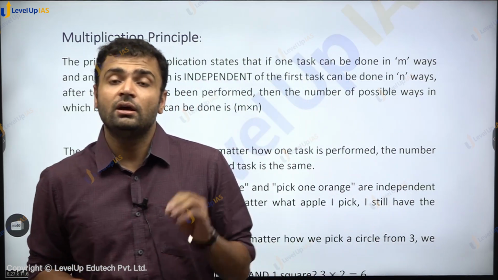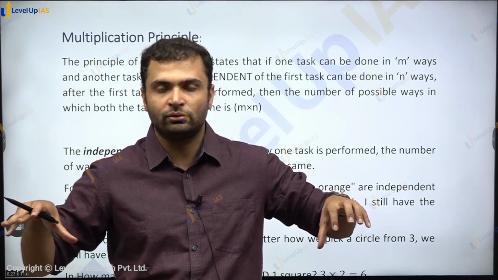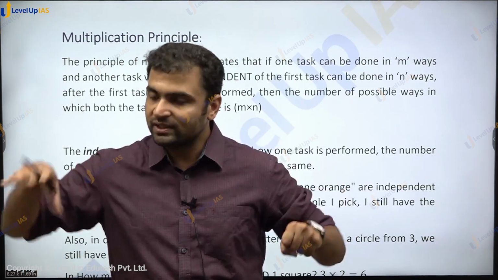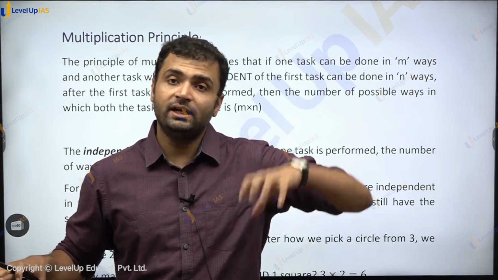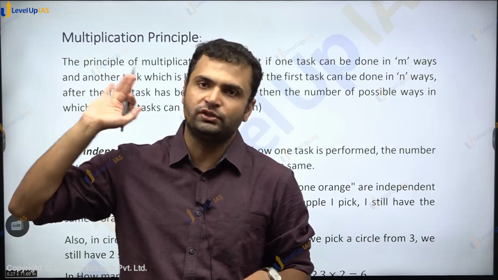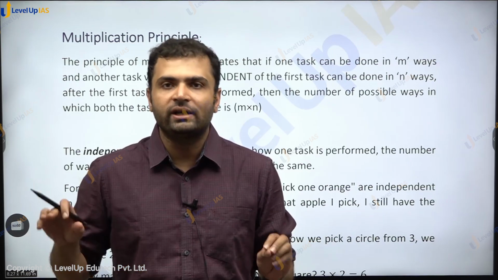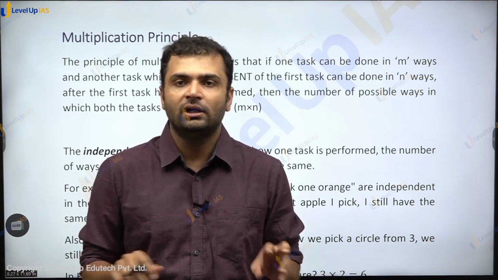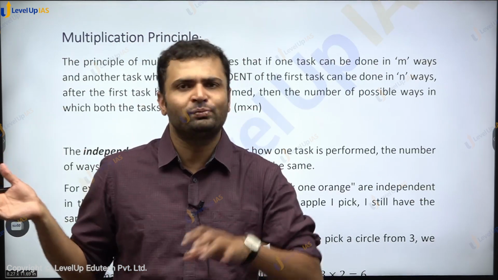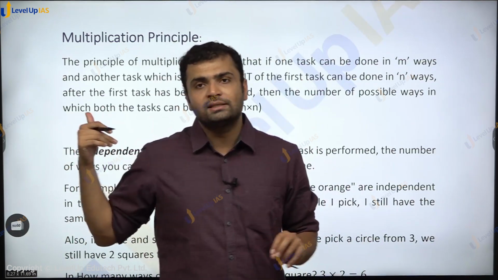अब यहाँ पे क्या करना है? We want to do both the tasks. There are two tasks again, task 1 and task 2. You want to do both the tasks, and once task 1 is performed, then task 2 is independent of that performance. मतलब task 1 में जो चाहे choices हो, उससे task 2 की choices पे फर्क नहीं पड़ता है। Task 2 and task 1 are independent of each other. Task 2 is not dependent on task 1. मतलब task 1 में क्या choice होता है, उस पे task 2 का choice कोई dependent नहीं है। That is what we mean. जैसे कि हमारा जो ऊपर का एग्जाम्पल था, सर्कल एंड स्क्वायर।